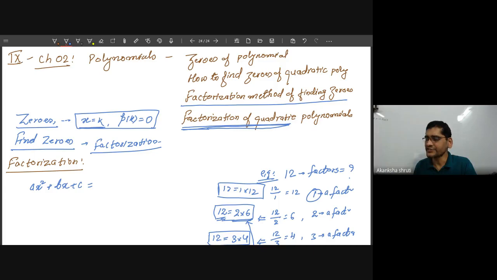But for writing the general term, we are always writing this quadratic polynomial p(x) equals this one, where the condition was that this a can never be 0 and the power of x cannot exceed 2, but it can be lesser than 2, meaning the power of x can be lesser than 2. So that's why we are taking the linear x term and the constant term. And b and c, they can be 0.